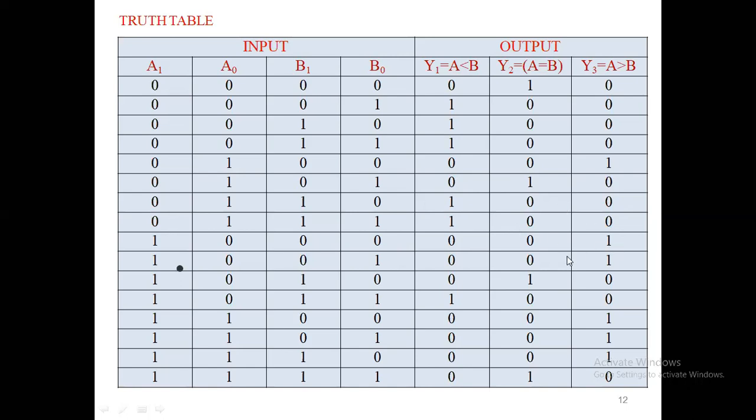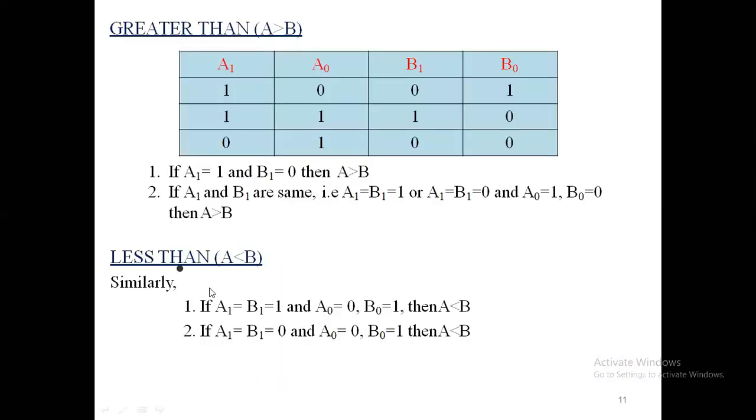And here there is a shortcut. A1, A0 represent the values for A, and B1, B0 represent the values for B. So we convert binary to decimal, that is, 0 1 is nothing but 1, and 1 0 is nothing but 2. We have to convert those values and compare them as less than, greater than, or equal to. If A is less than B, that condition is true, so in the output table we represent 1, otherwise 0. It is the same for A equal to B and A greater than B also.